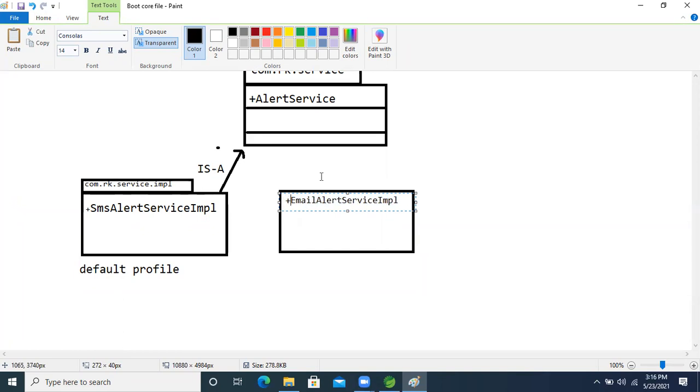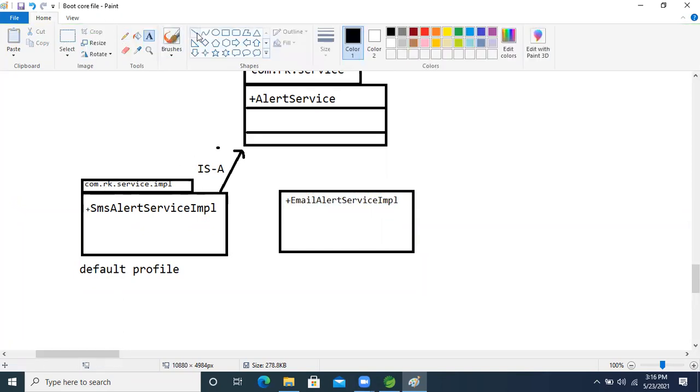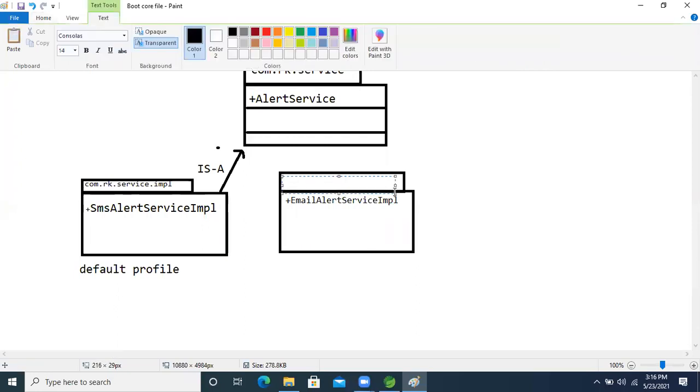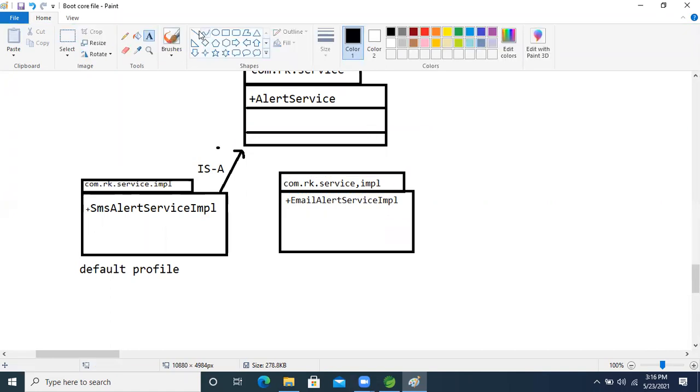The package name is the same, guys: com.rk.service.impl.